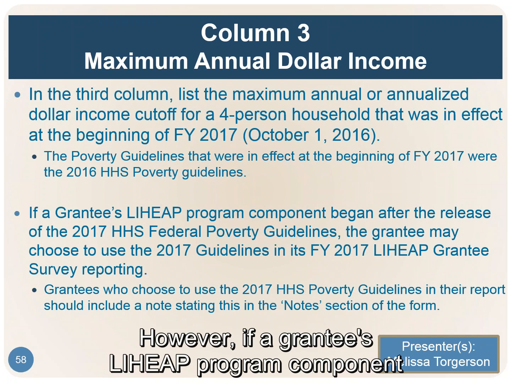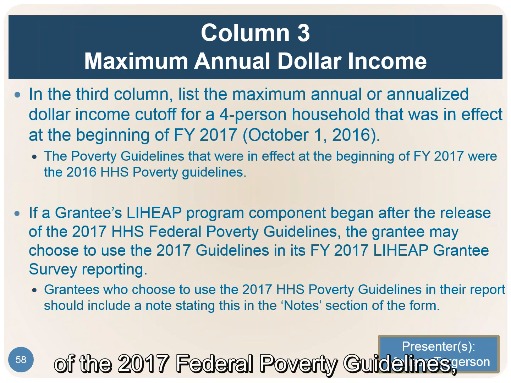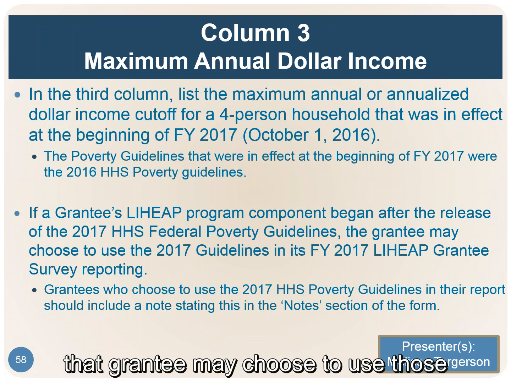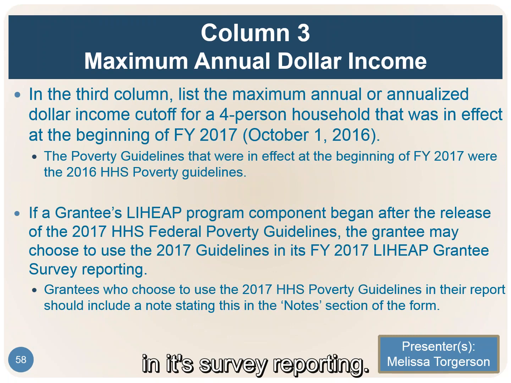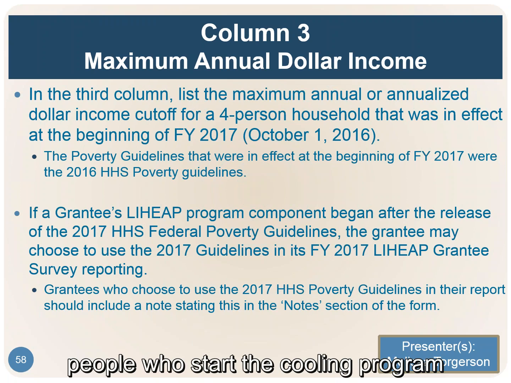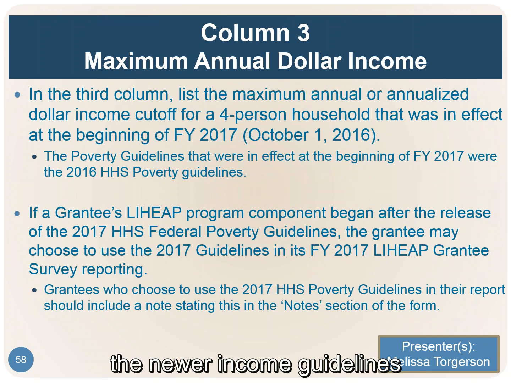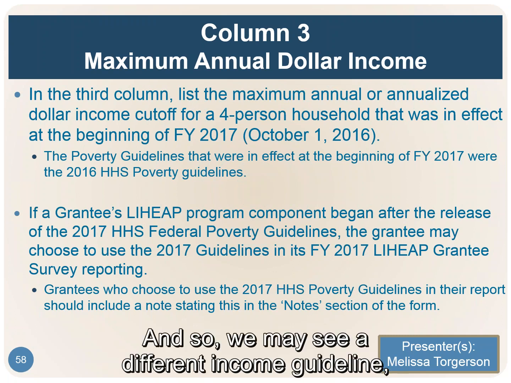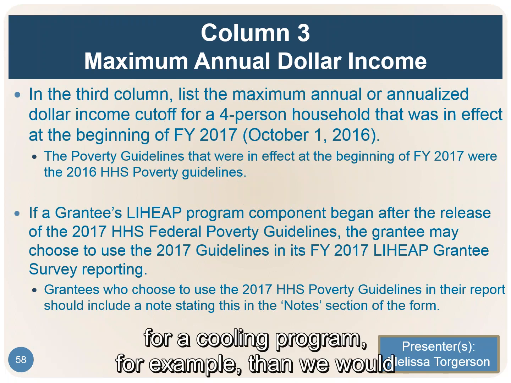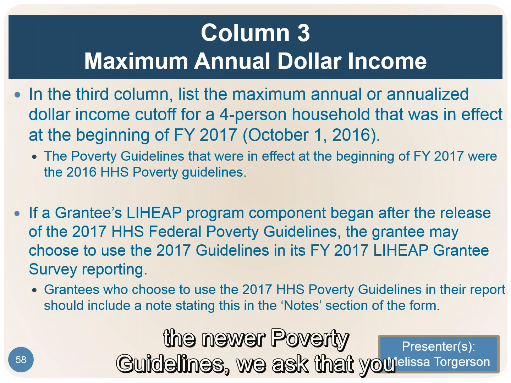However, if a grantee's LIHEAP program component began after the release of the 2017 federal poverty guidelines, that grantee may choose to use those in its survey reporting. So for example, last year or in previous years, people who start the cooling program later in the program year may use the newer income guidelines to administer that component. And so we may see a different income guideline for a cooling program, for example, than we would for the heating assistance program. Whenever that is the case, or whenever you're using the newer poverty guidelines, we ask that you